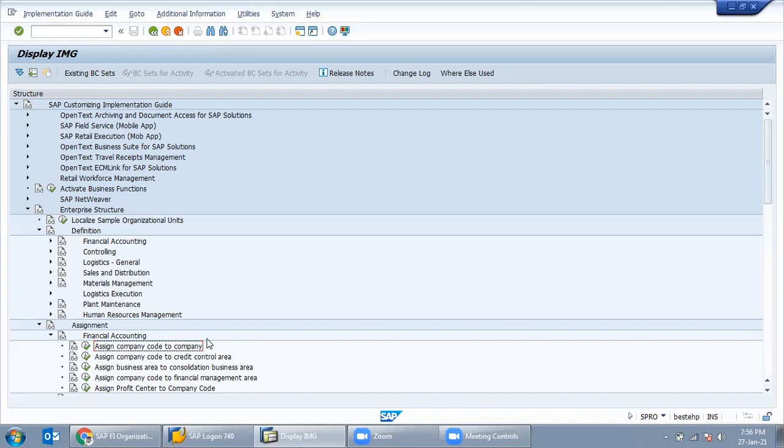I want separate reports for both of them, so you have to differentiate them, not combine them together. Suppose a transaction is going on in both plants. In both company codes we are doing daily transactions, in, out, sale, purchase, whatever it is. So we need a report at the end.